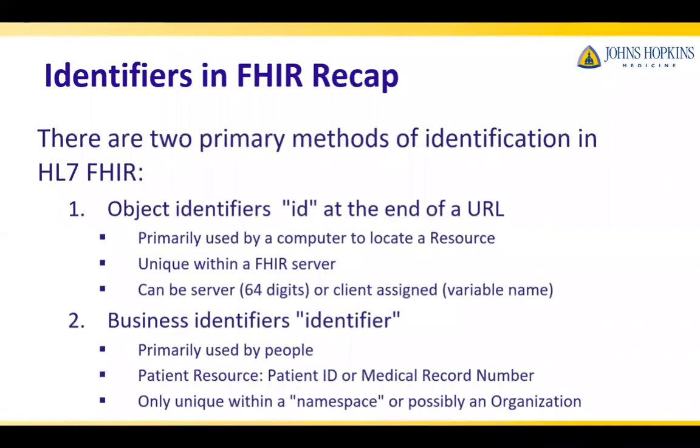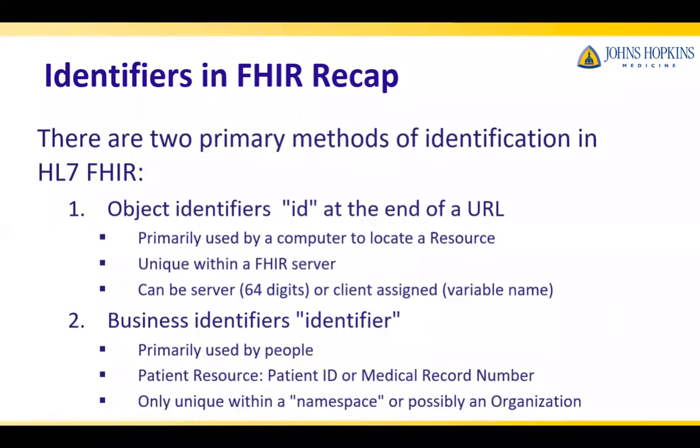All right, a quick recap on identifiers in FHIR. There are two primary methods of identification in FHIR. One is for a computer. It's called an object identifier or an ID. You use that at the end of a URL, and that's how you can uniquely locate a resource within a FHIR server. If it's assigned by the server, it's 64 digits long. For a client, you can assign a variable name to that 64 digits so that it's easier to remember the different